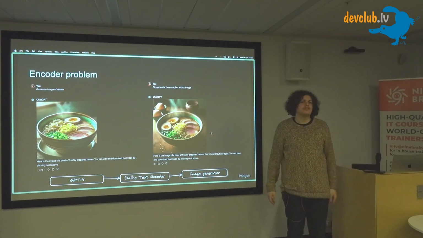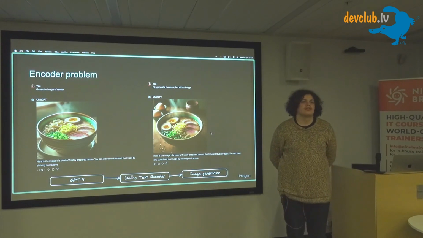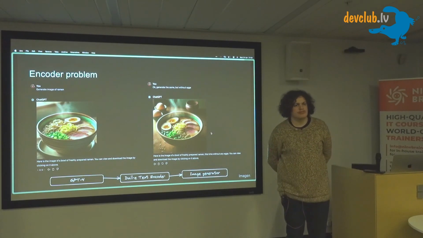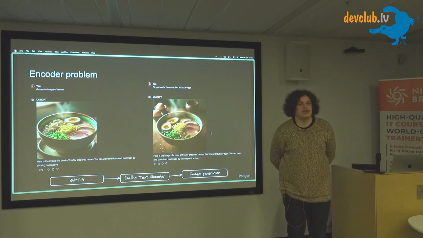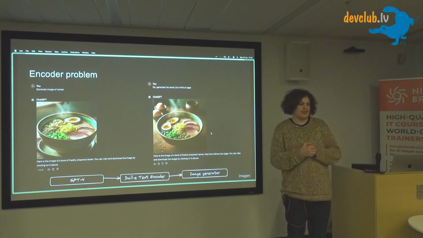Sorry, you were having a question. Would it help to rephrase the prompt? So, for example, instead of writing result X, you write encoders, you change the result. Okay, so the question is how to rephrase the prompt properly. Will it help? Yes, it will help. But maybe the model doesn't understand what eggless is and will just see egg, and so it generates something with X. And maybe you need to write 0 eggs.